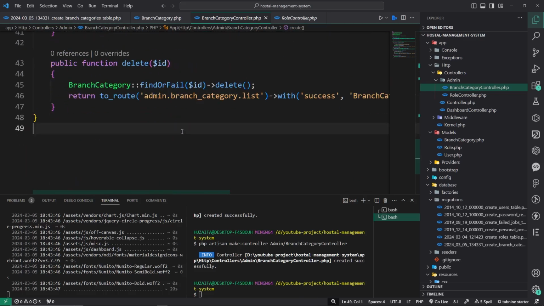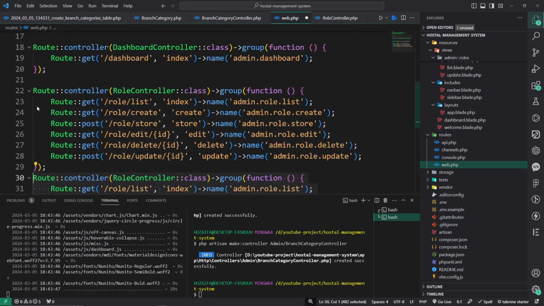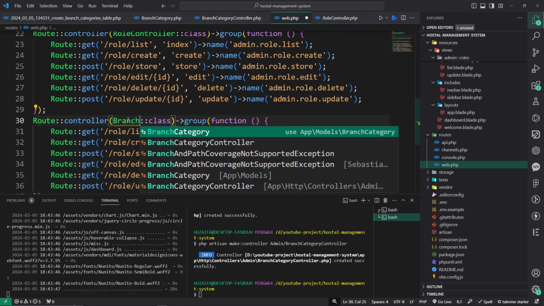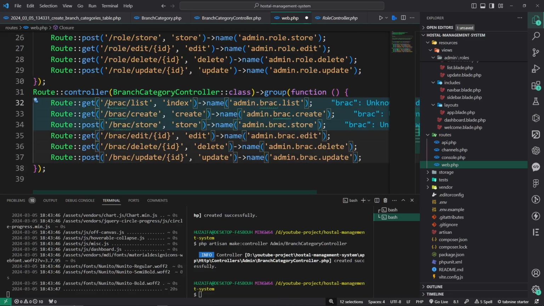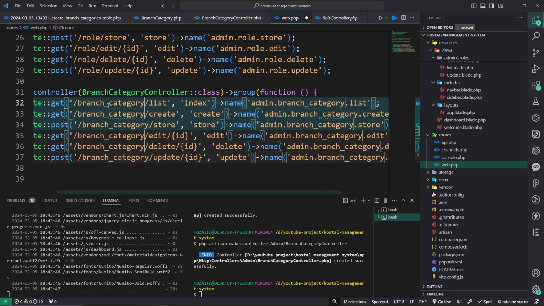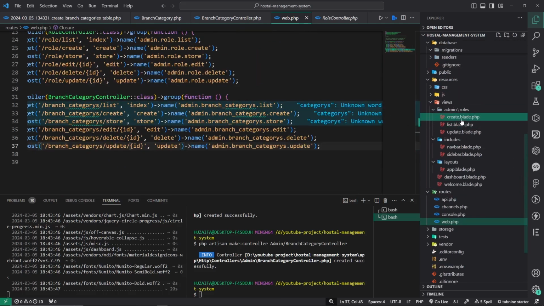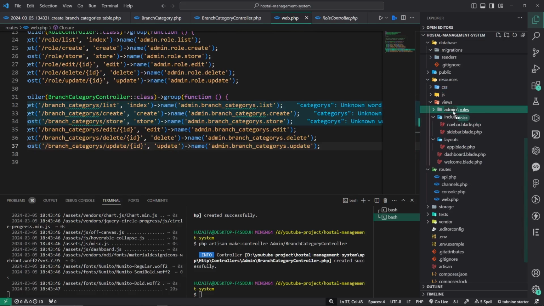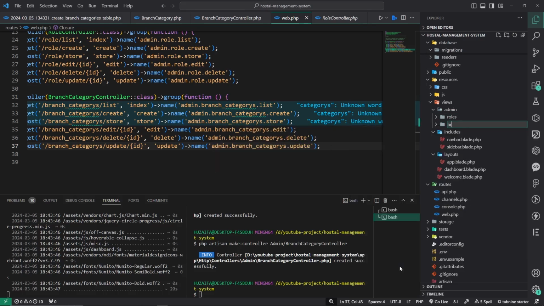Now we will go to web.php and create a route for that. Duplicate this one, and BranchCategoryController, pass here branch_categories. Perfect. Control S. Everything good. Now duplicate the folder and drag and drop it in admin. So it did not duplicate; it has two copies. Delete this one and rename to branch